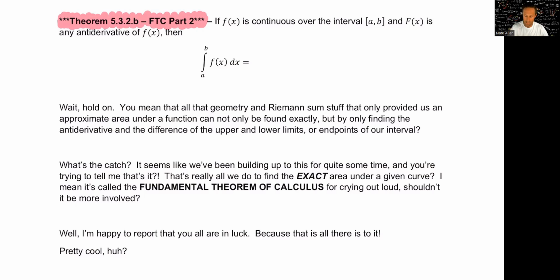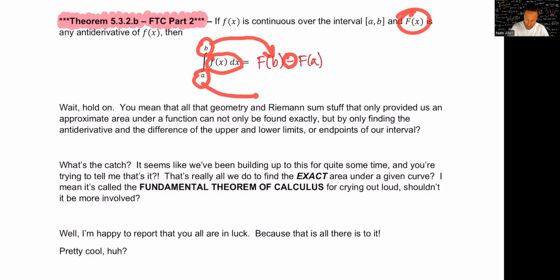And of course, it has to be continuous over the closed interval. And what it says is that if we take the antiderivative or integrate our function from a to b, what we can do is take that antiderivative, which we're calling capital F, of the lowercase original function that we are given here. Once you've found that antiderivative, F of x, then you will take the upper limit and evaluate it and find the difference of it and the lower